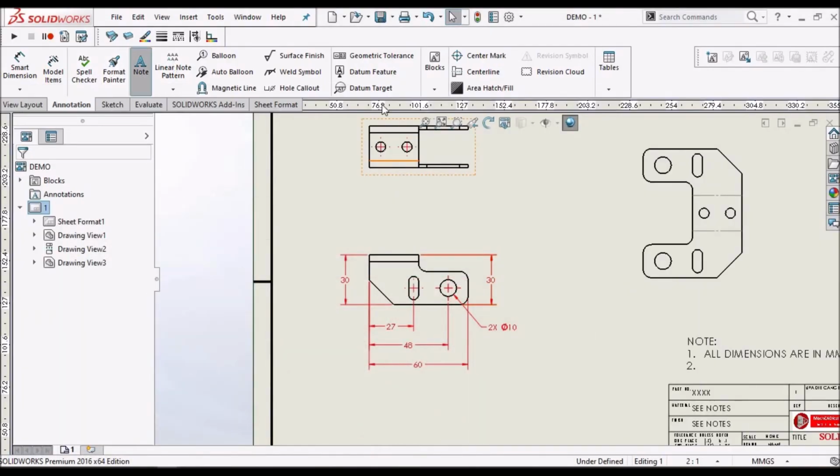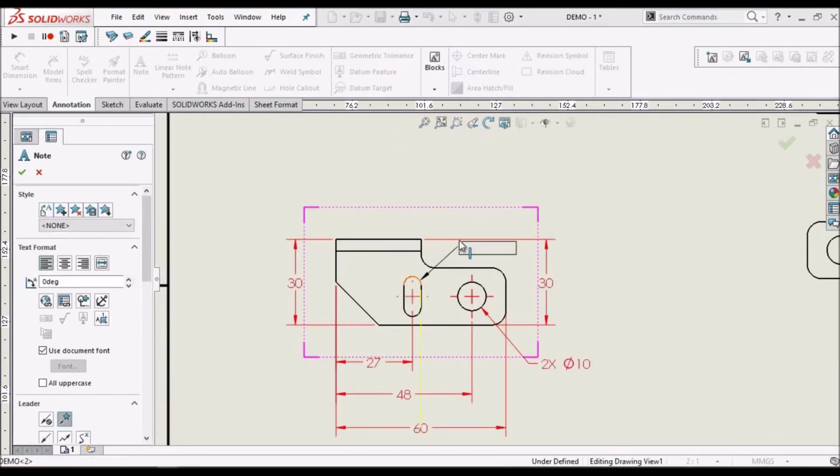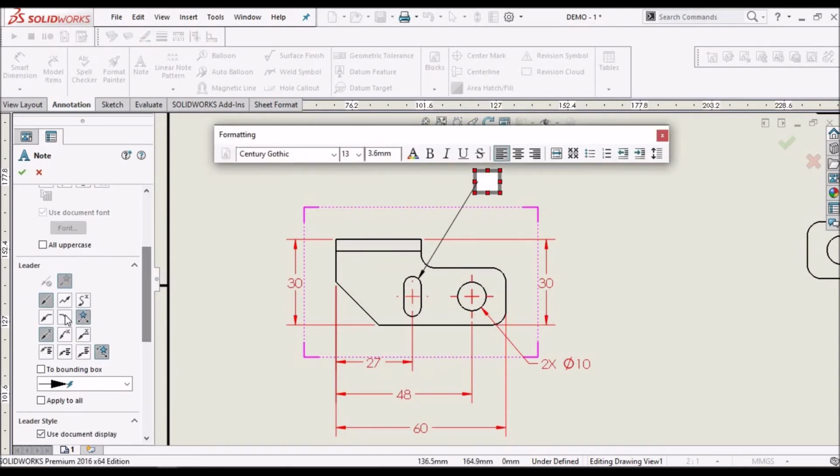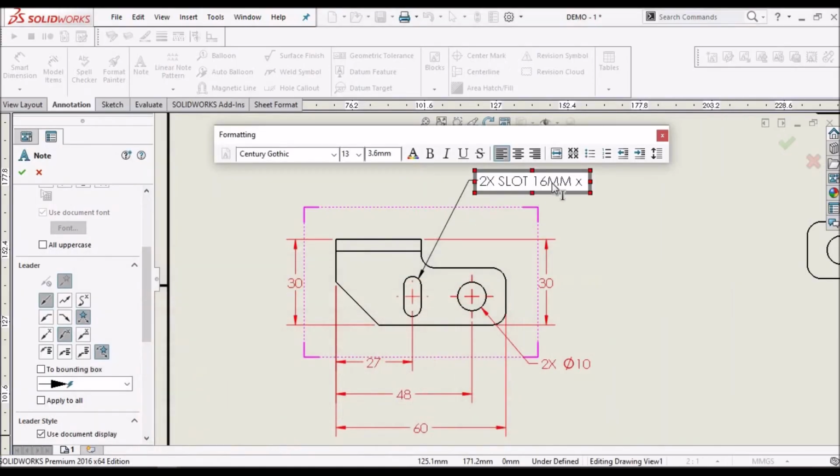So we have to give annotation notes. So 2 into slot 16 mm by 14 mm by 6 mm.